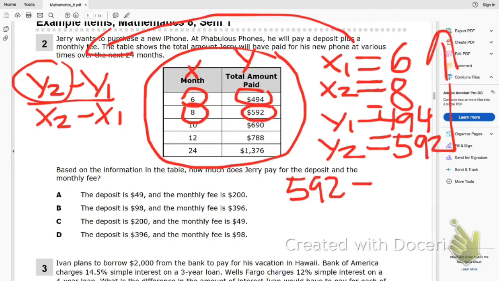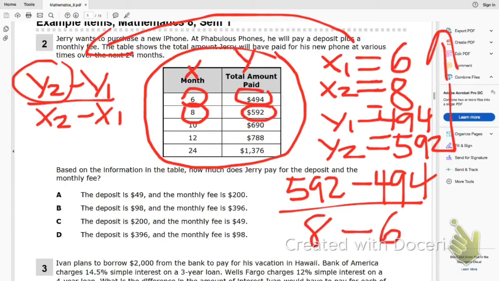Y1 is 494, over my x2, bottom up, 8, minus 6. Please use your calculator. You don't have to do arithmetic on this test. You have a calculator there to do it for you. So 592 minus 494 is going to be 98